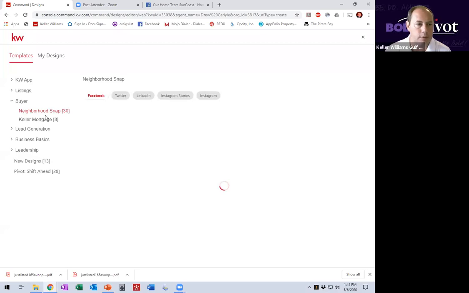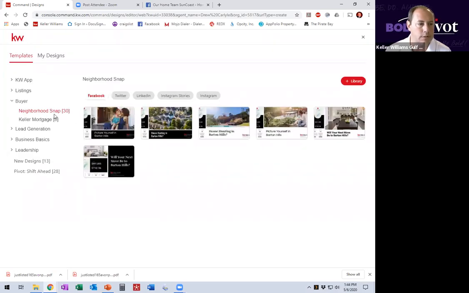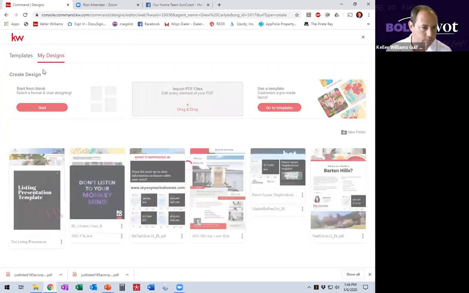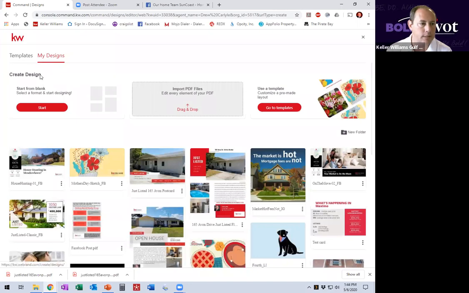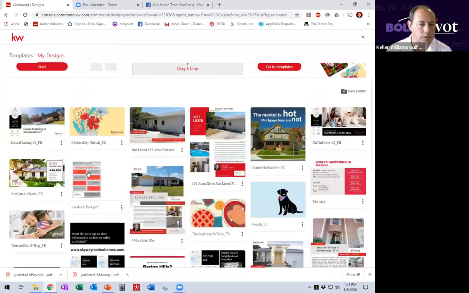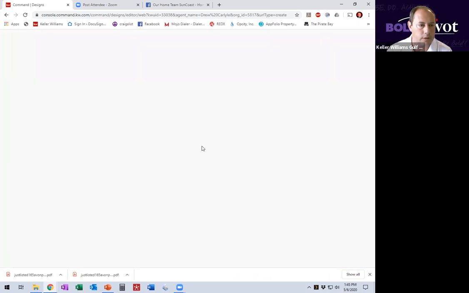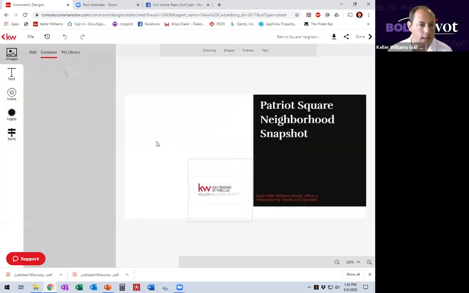So just a quick example of a social post. You can do these things all day long on different social posts. And then once again, under My Designs, when you're in here, it will show all the designs you've used before. So if you like a specific design, you can click on it and keep reusing it, right? Like I did this design with the Patriot Square neighborhood. So if I wanted to use the same exact design again,